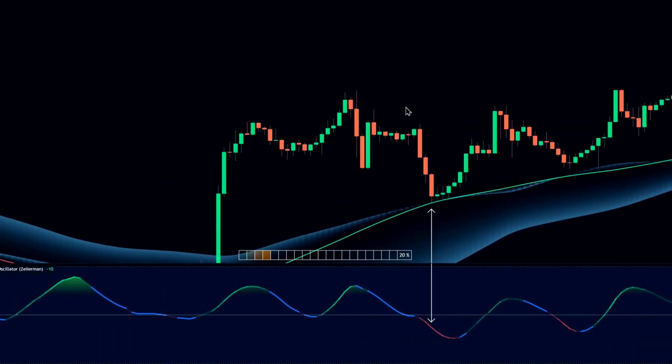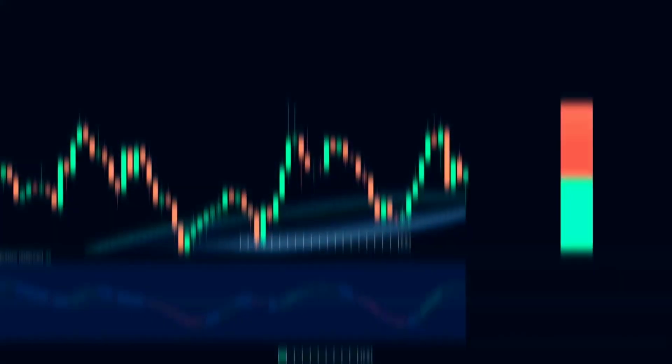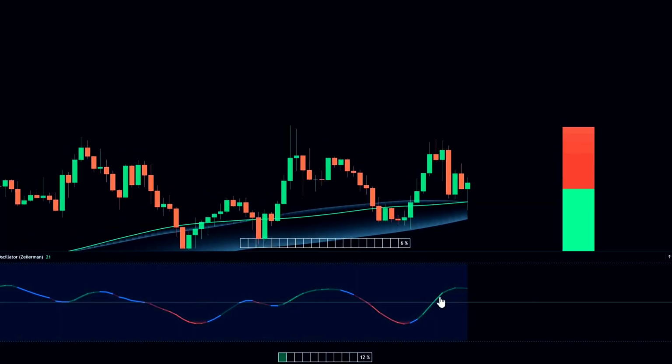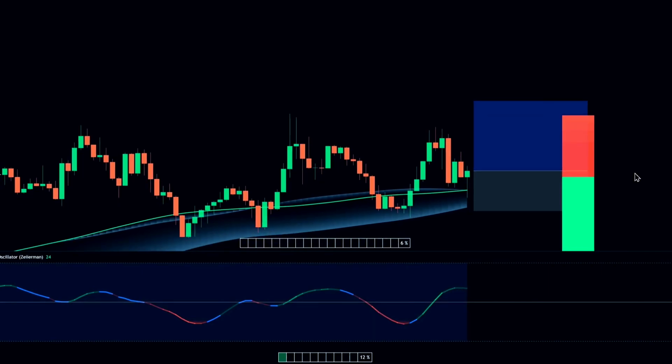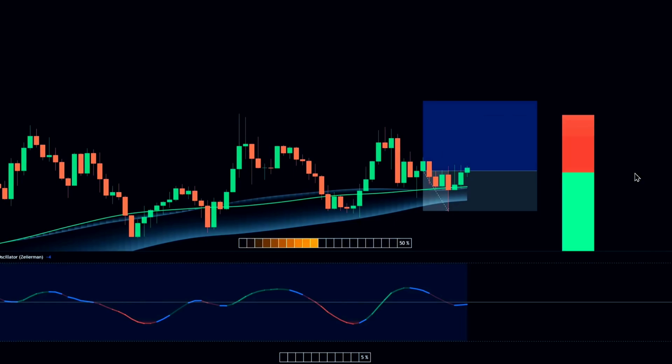Here's another example where all the conditions lined up. We had a pullback, the oscillator was below the zero line, and it resulted in a profitable trade. But whenever one of the conditions isn't met, like in this trade, the likelihood of a loss increases. In this video, we'll break down these two indicators and learn how to combine them for highly profitable buy and